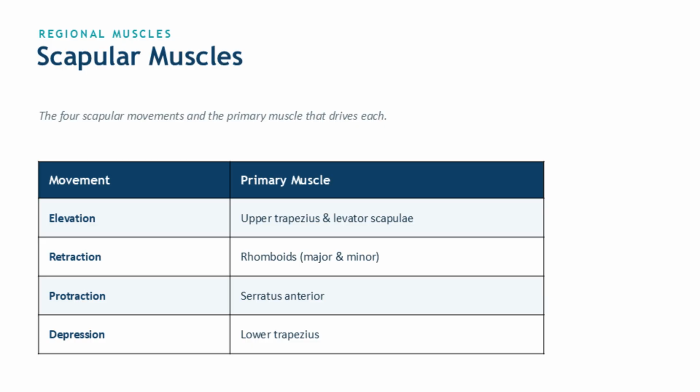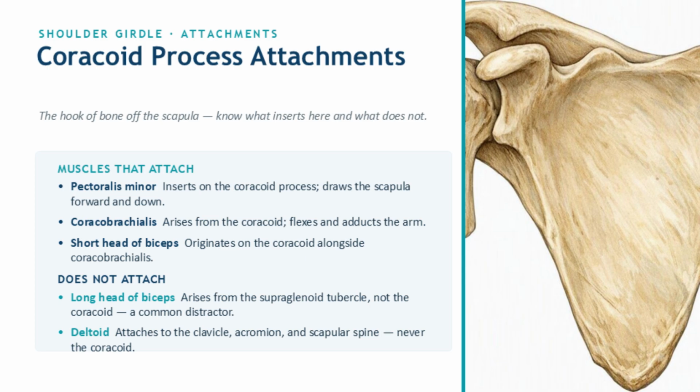Several important muscles also attach to a unique structure on the scapula known as the coracoid process. Let's explore that landmark next. Coracoid process attachments. The coracoid process is a small but important projection located on the anterior aspect of the scapula. Despite its size, it serves as an attachment site for multiple muscles and ligaments that contribute to shoulder stability and